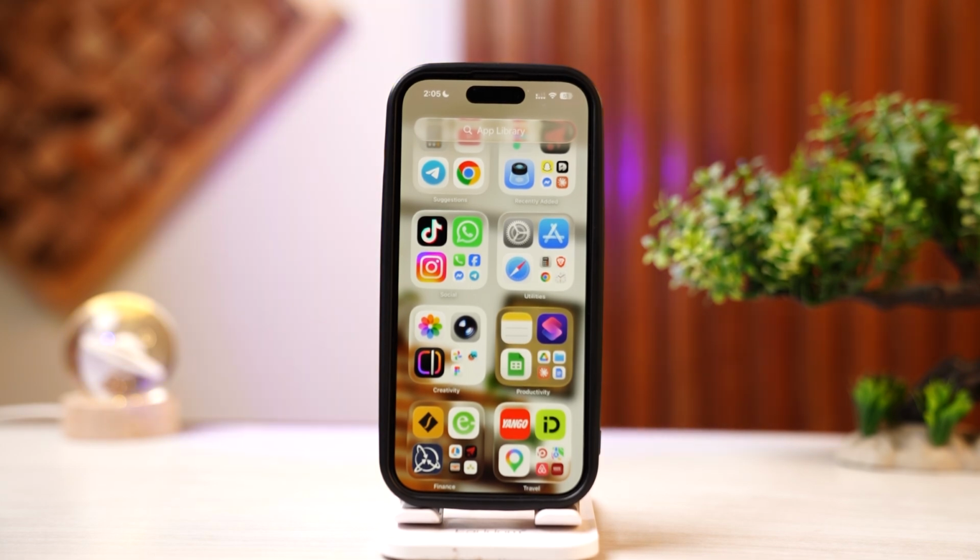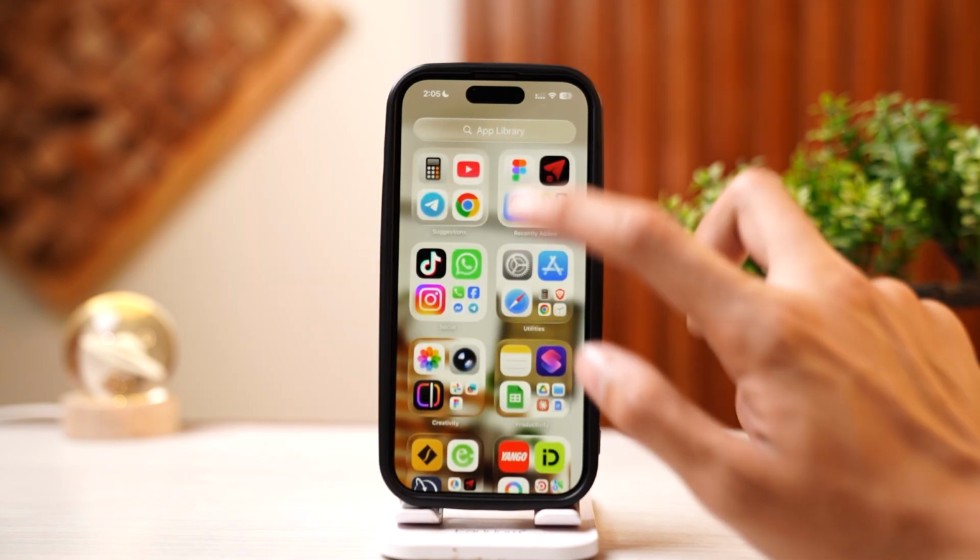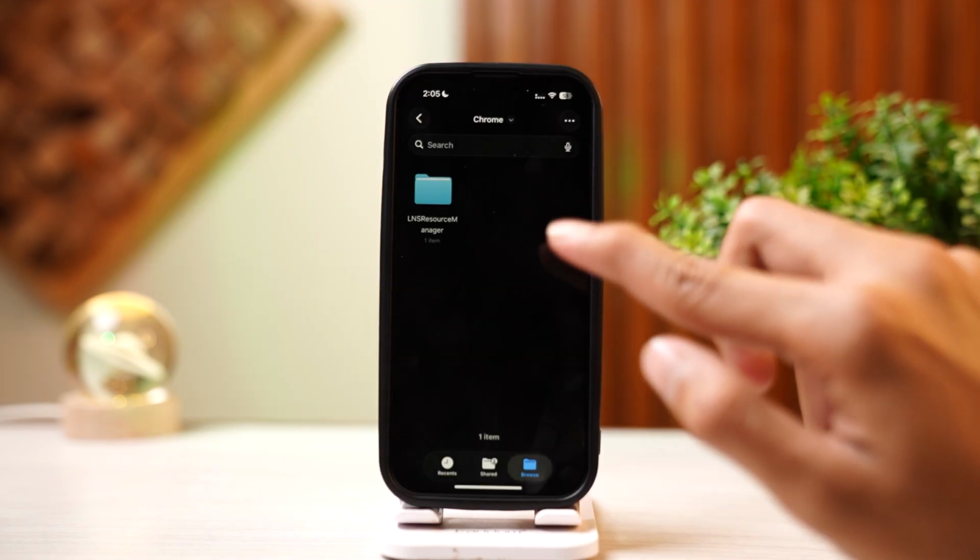Hello and welcome back to a new video, and in this video I'll show you how to move files from Google Drive to iCloud. For that you just need to go and open your Files app, and there you need